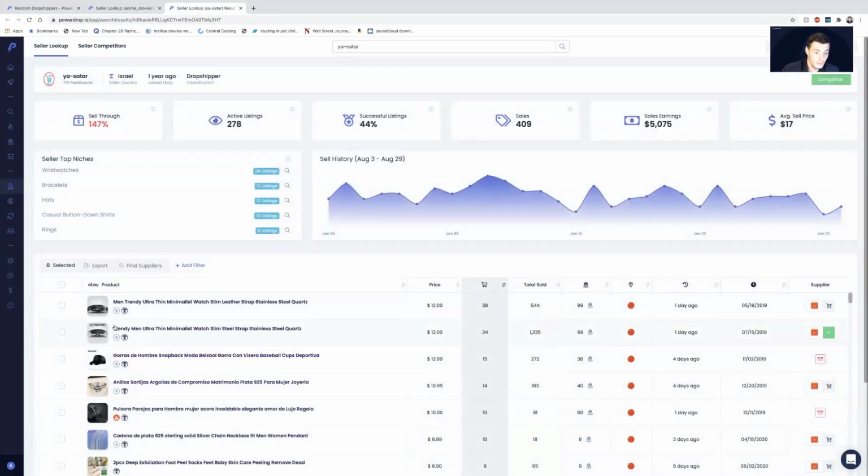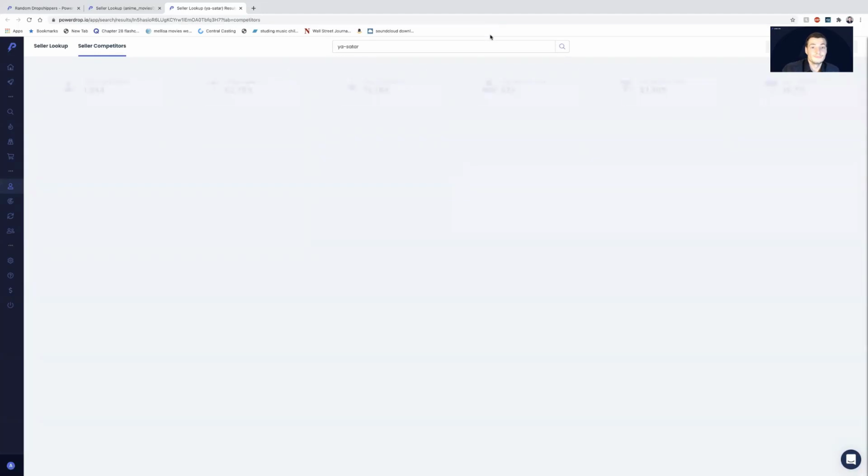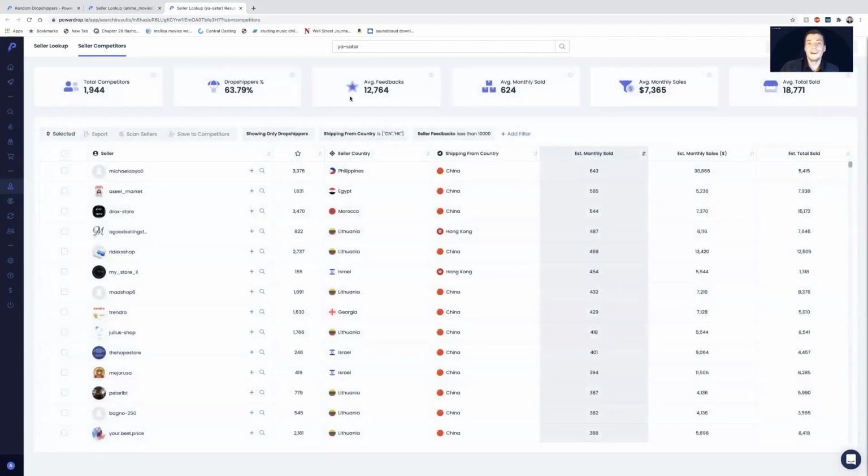And then I'm just quickly going to make sure that this is okay. Okay. And go to the seller's competitors. And the cool thing about the filter is that it automatically saves for me there, so I don't have to repeat the filtering process again. And this is going to save me a lot of time and increase my efficiency in finding the relevant sellers